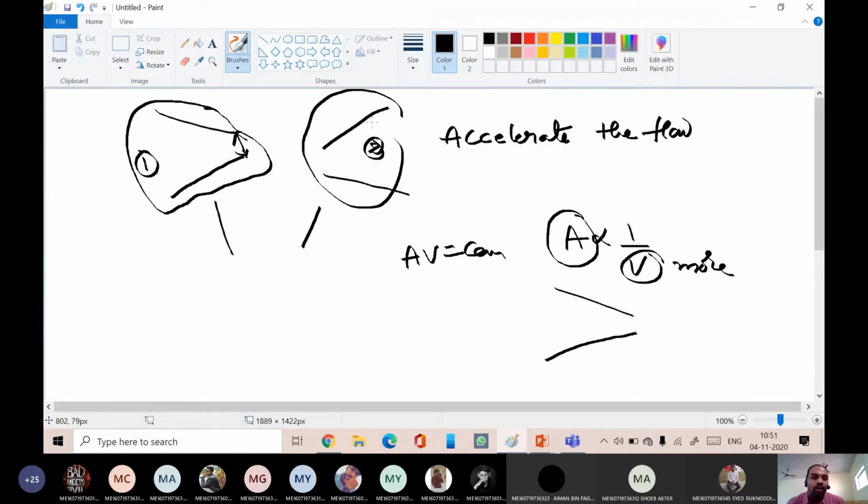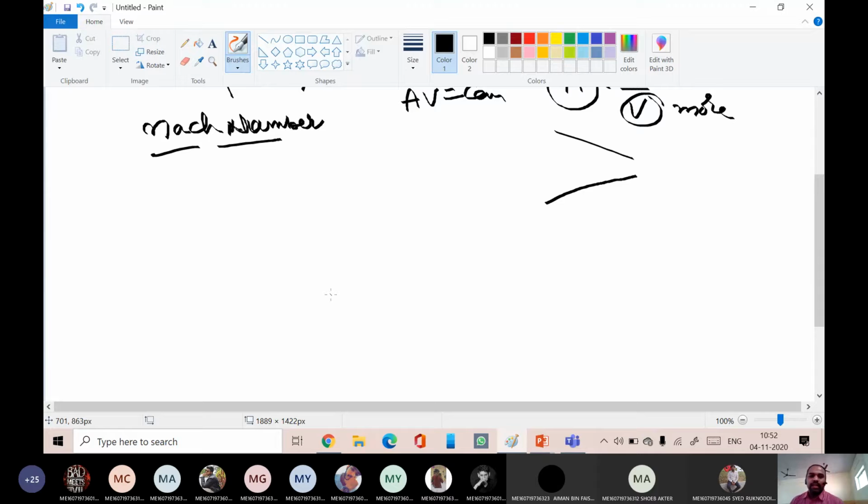It depends upon the Mach number of the flow. You don't know about Mach number, right? Let me define what Mach number is. For the time being, you will study in detail about Mach number in coming semesters, in fluid mechanics. Basically, a flow can be characterized based on its Mach number. Mach number is denoted with the symbol M. It is defined as the flow velocity to the sound velocity. For the time being, remember: flow velocity to the sound velocity.